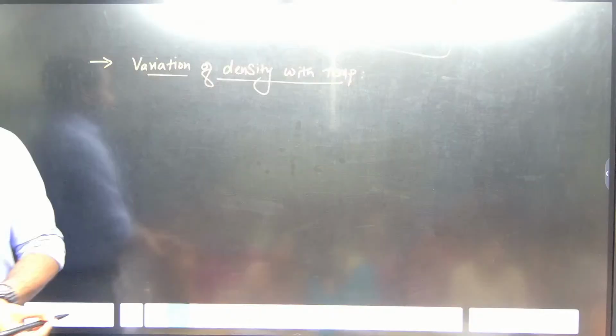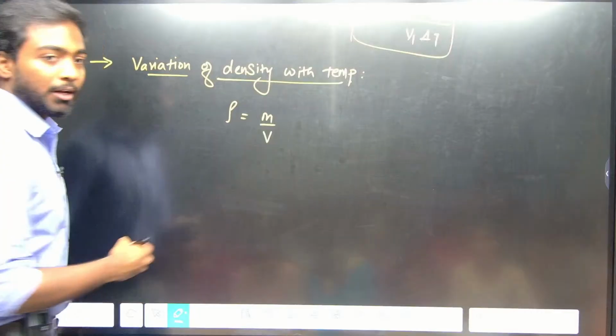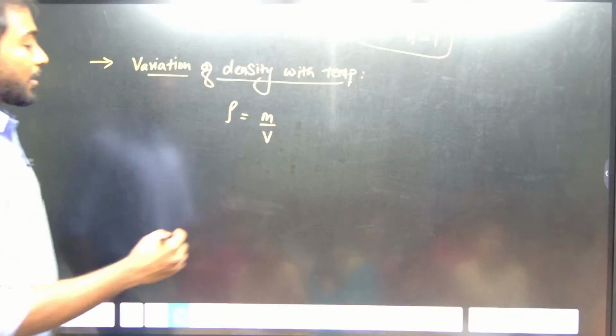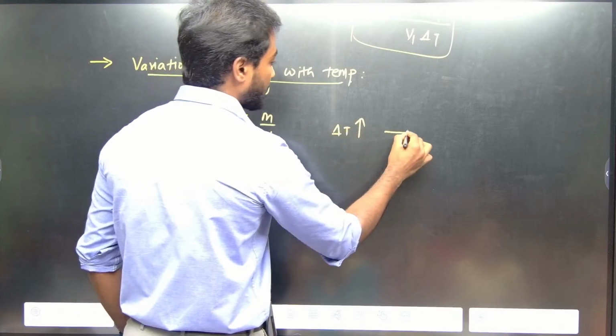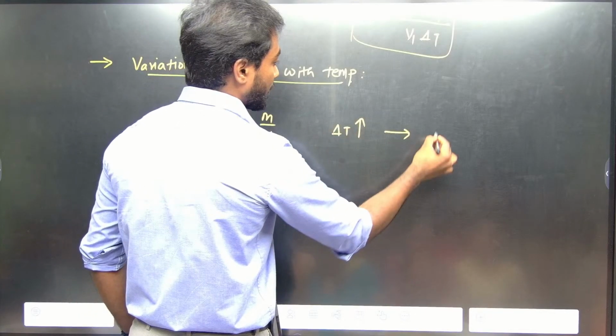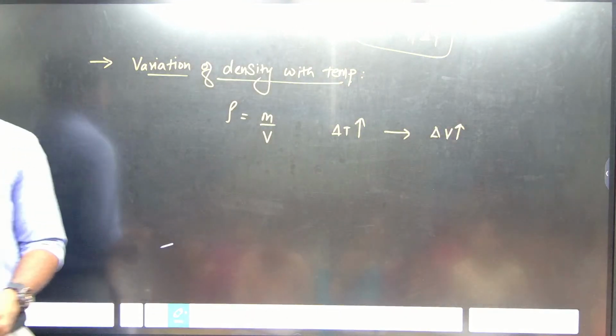So we know that density is nothing but mass by volume, right? As we increase the temperature, what happens? Delta V also increases, no? Yes or no? If you boil